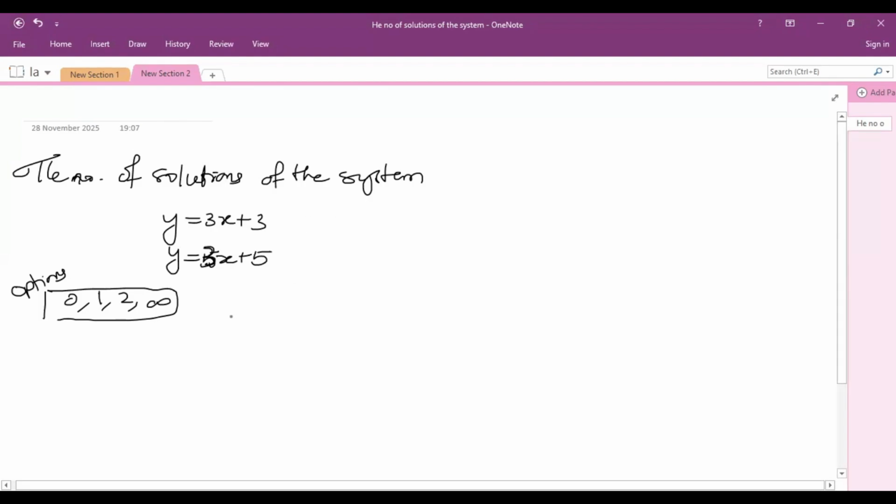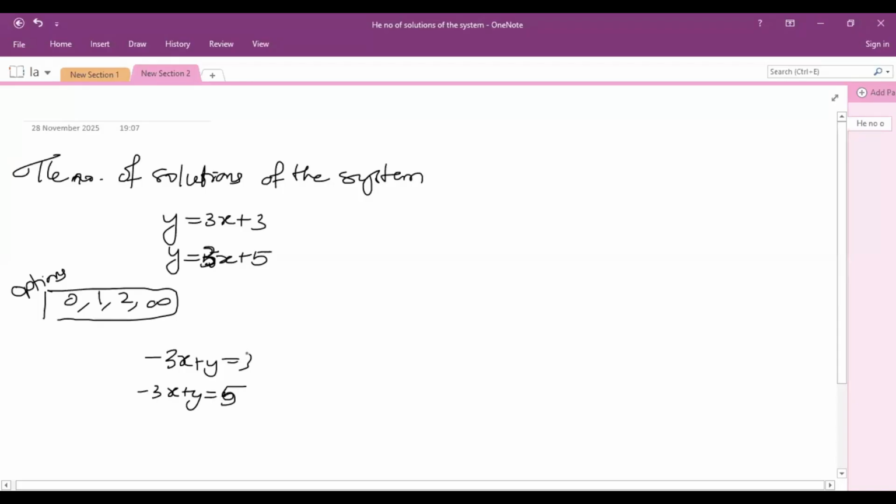How do we go about this? So we'll convert into matrices, then we will reduce into echelon form, and then we'll solve the system of linear equations. Correct. So we can write this as minus 3x plus y equal to 3 and minus 3x plus y equal to 5. Yes, we can bring it down to the matrix form. We can find the rank and do all of it. Okay, but otherwise, just by looking at this also,